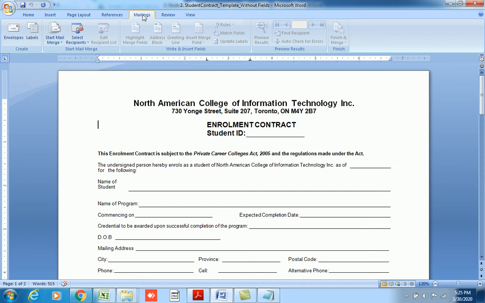All right. Now you go to the mailing, and before I actually link it, I would want you to pay attention to this group of commands, which is under the write and insert field section.